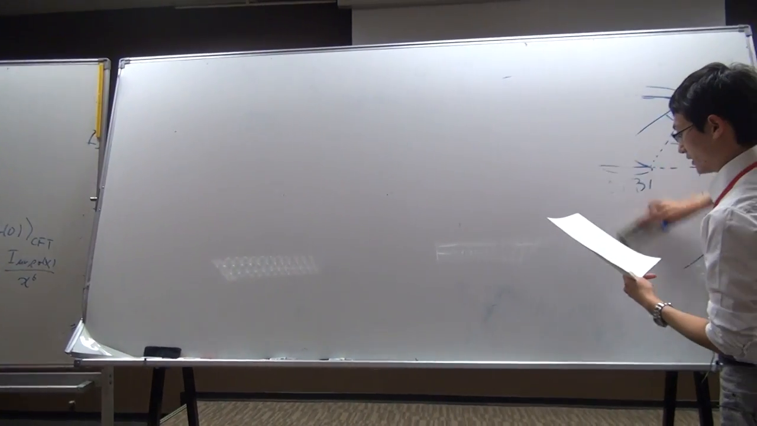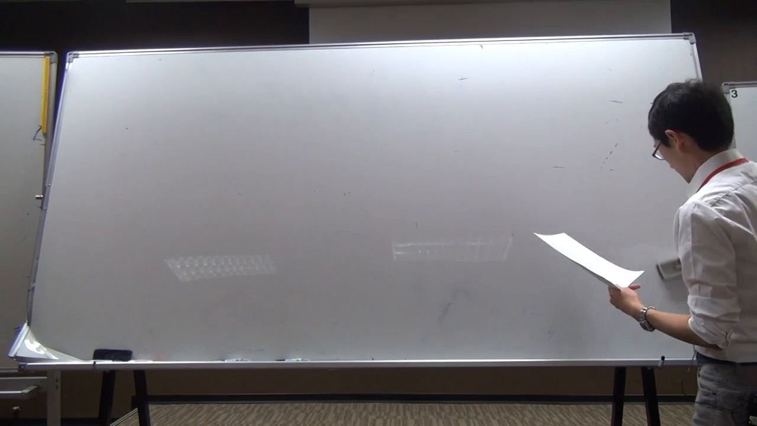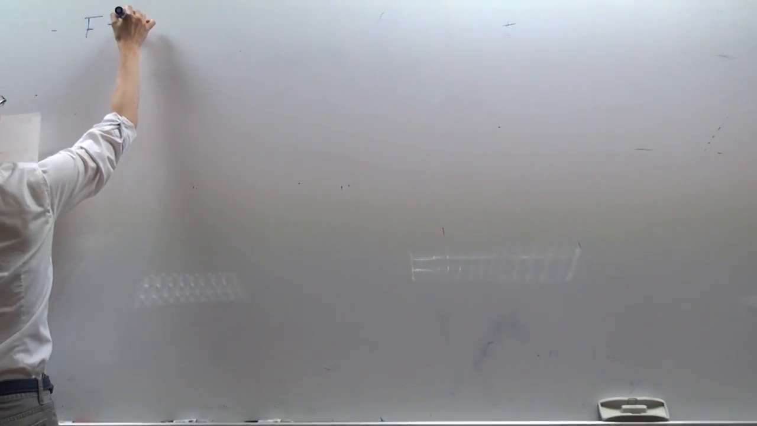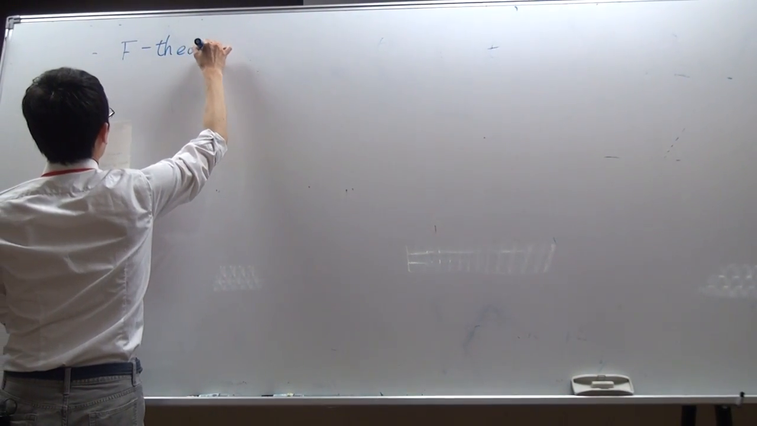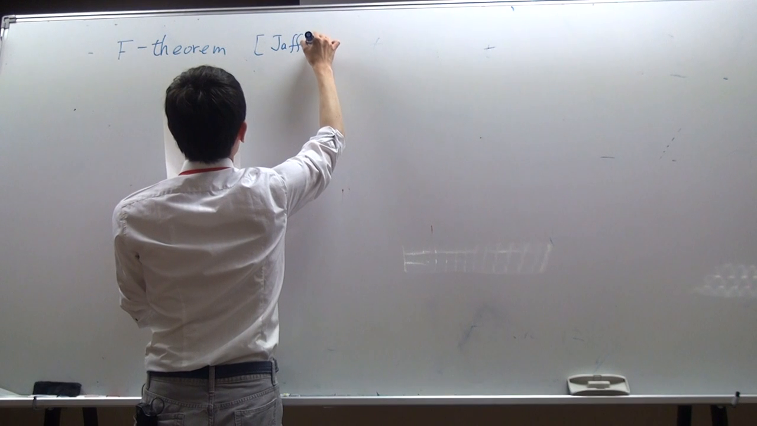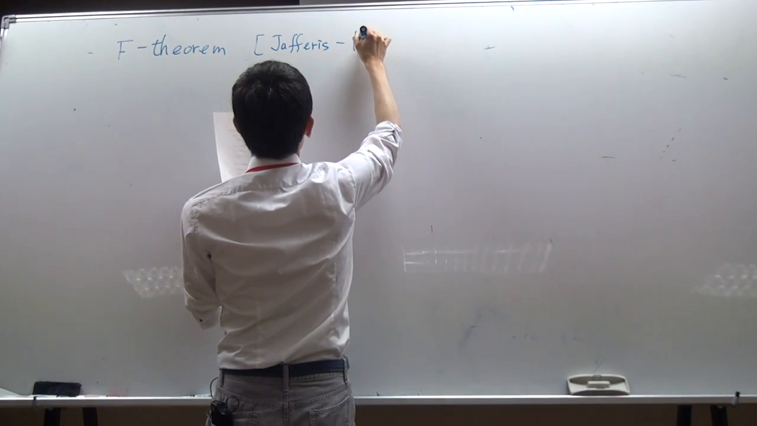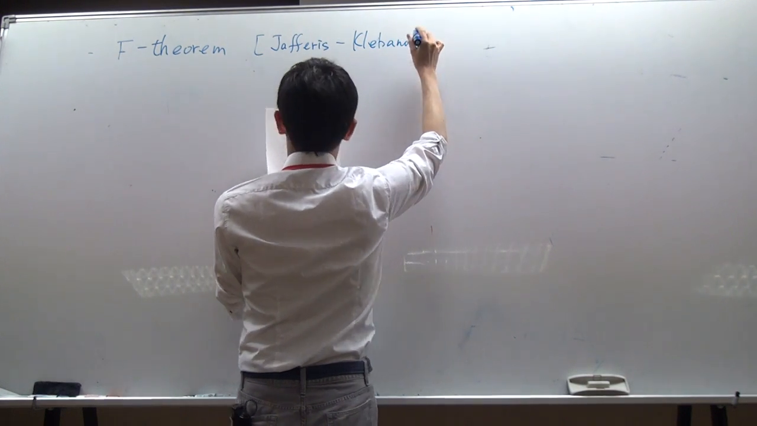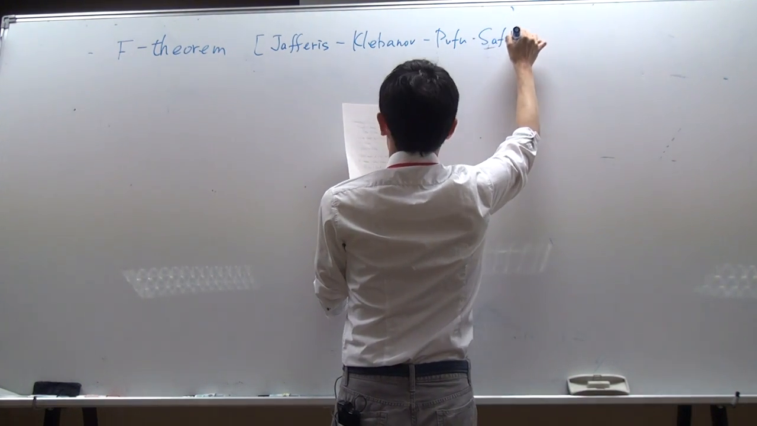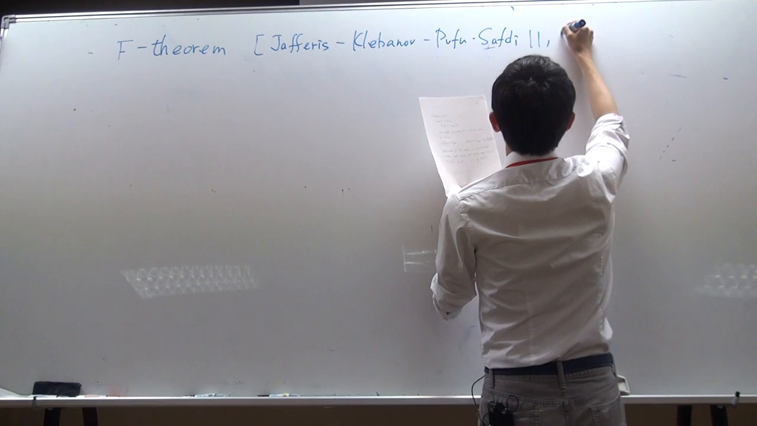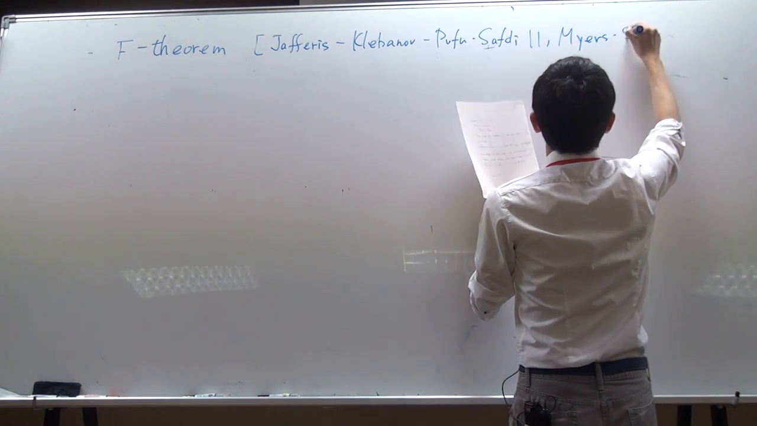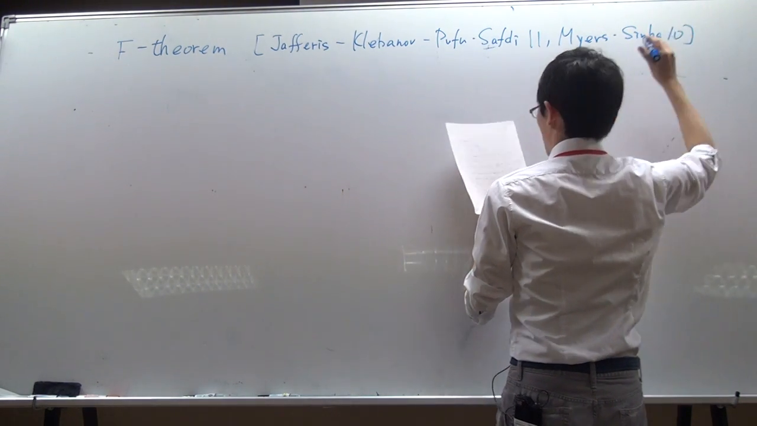Okay, the third one is very non-trivial. It is called the F theorem. This is the third option, the F theorem. It was conjectured by Jafferis and his collaborators, Klebanov and Pufu, and also independently by Myers and Sinha. So the conjecture is that